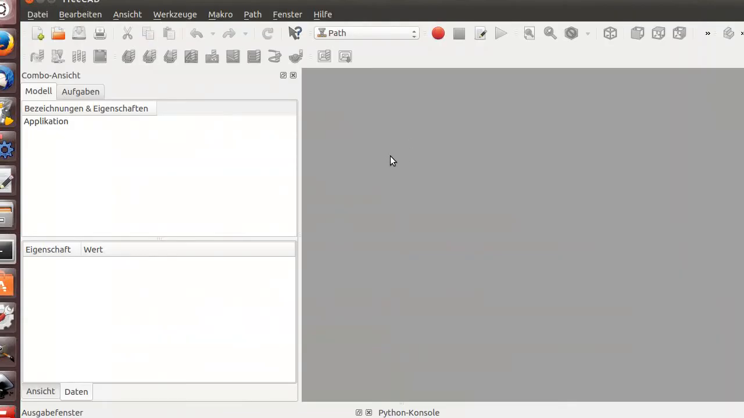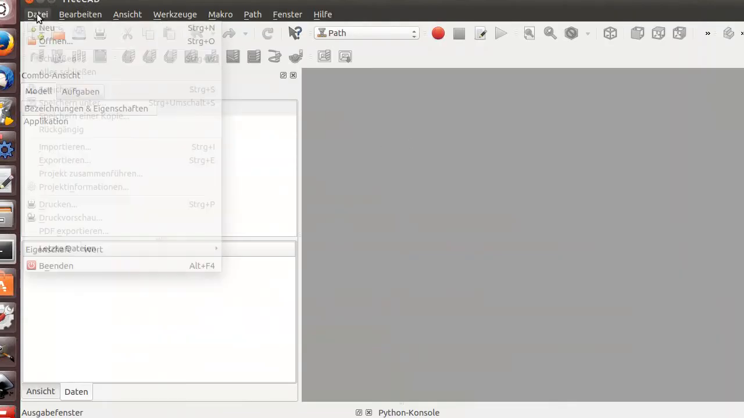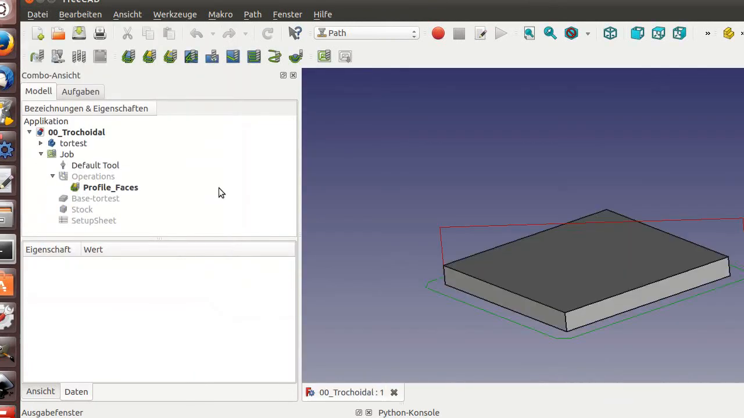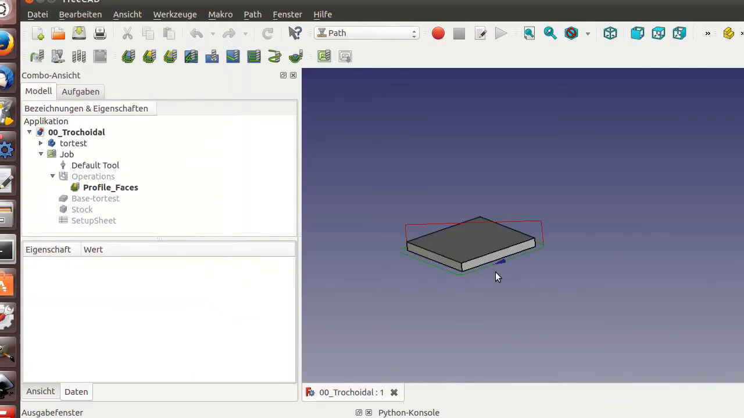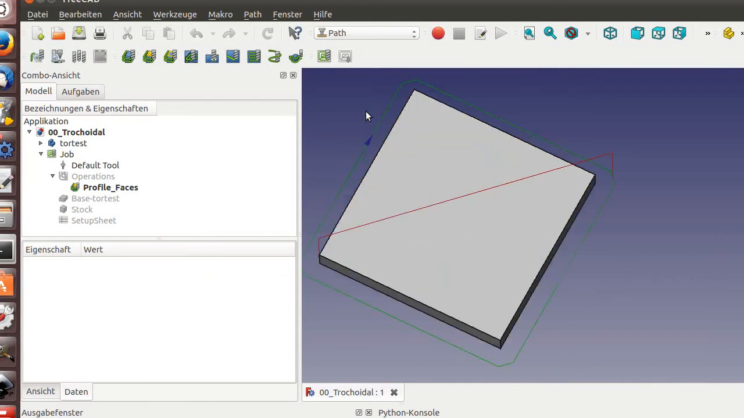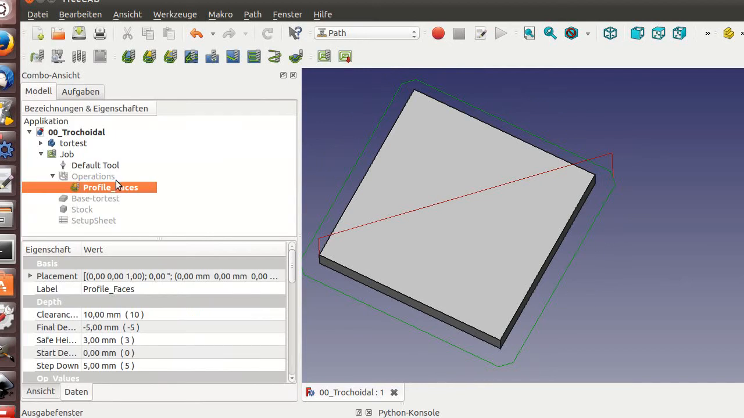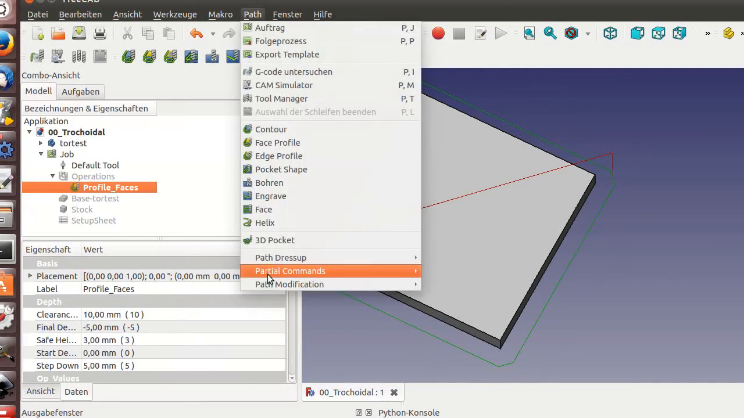Latest pull, I always have a test file. So the test file includes just a standard pass around. The profile face has an extra offset. That is the radius of the toroidal. Here you see I got a lot of material here, and I will use pass Dressup